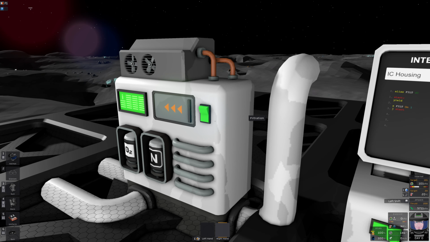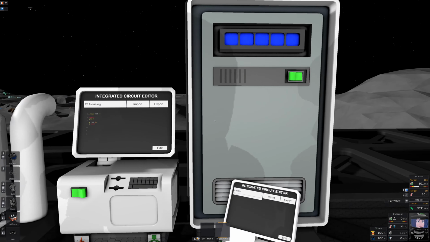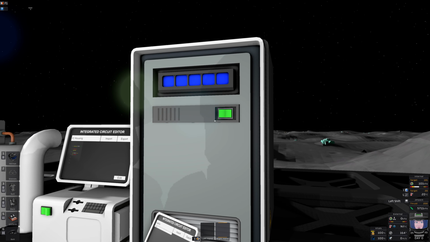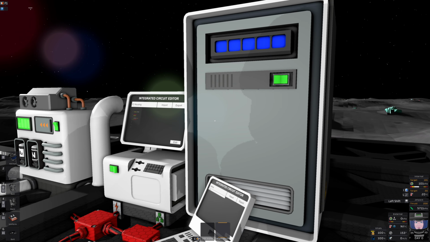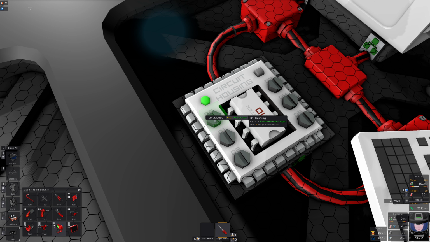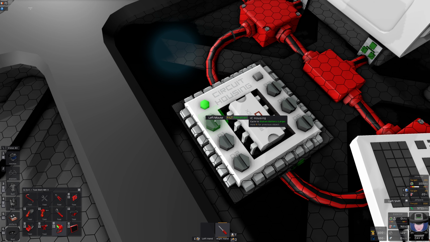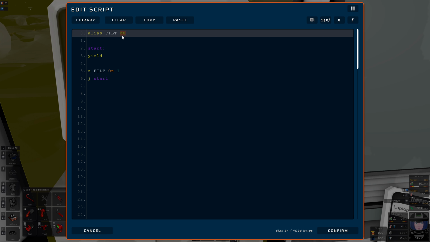But how do we address devices? After all, we want to choose one and then say do something with them. Something's supposed to happen. One way is to just choose the device here on the housing with one of the screws. Use the screwdriver. Then we can just address this in the source code like this, with D0 for the first screw, D1 for the second screw, so that's it for the filtration unit, for example, and up to D5